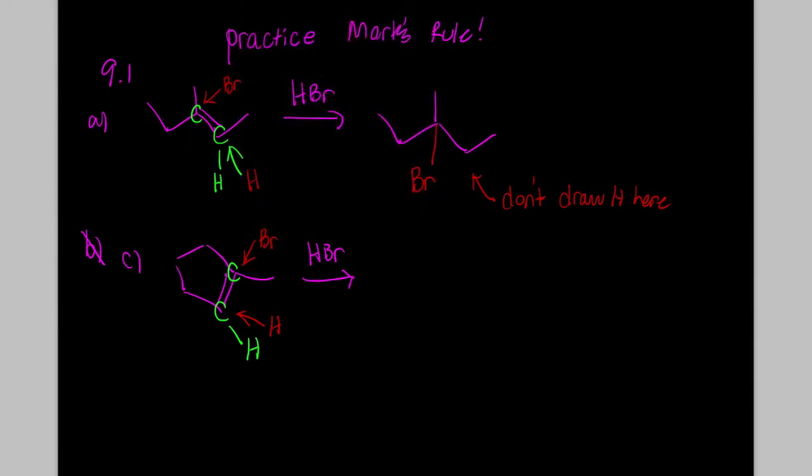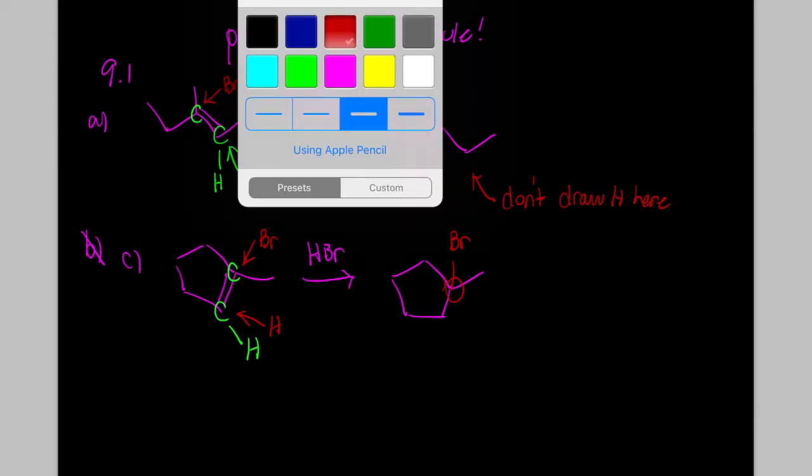So when we draw the organic molecule, we can be a pro and not draw in the H's. It's not really necessary, so we just need to draw the bromine here, okay? And we don't draw a pi bond because the carbon needs to have 4 bonds. If we drew the pi bond in there, that carbon would have 5 bonds. Letter D